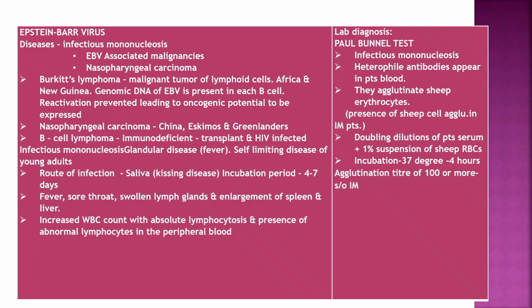Lab diagnosis, Paul-Bunnell test. In infectious mononucleosis, heterophile antibodies appear in the patient's blood. They agglutinate sheep erythrocytes. Presence of sheep cell agglutination in infectious mononucleosis patients. Doubling dilution of patient serum plus 1% suspension of sheep RBC. Incubation at 37 degrees for 4 hours. Agglutination titer of 100 or more